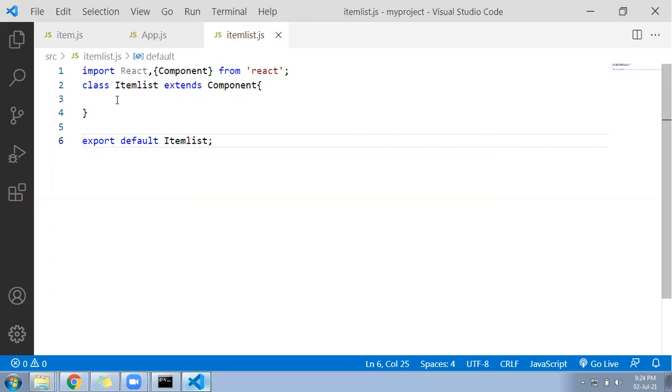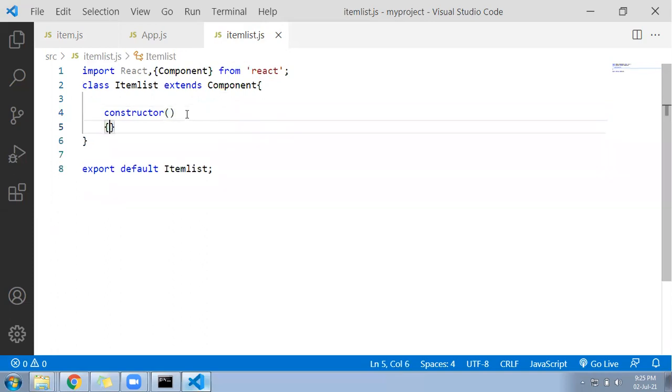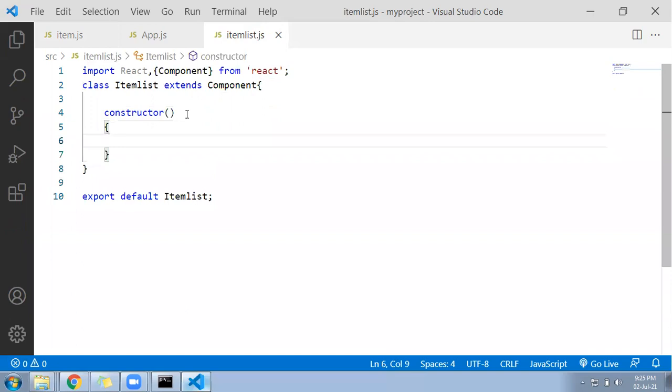Right, now let me go here. Since in this we are going to receive the property from another component, you must follow the constructor. I followed the constructor here, and inside the constructor I will receive those props. Or let me first do it as a hard-coded example. Then after that I'll come down here, and inside I'll call super. So, this much is ready.